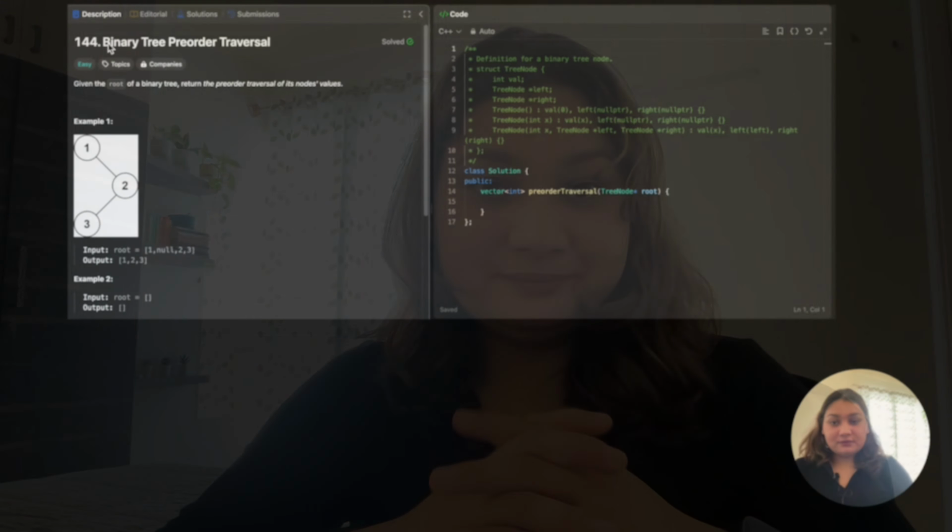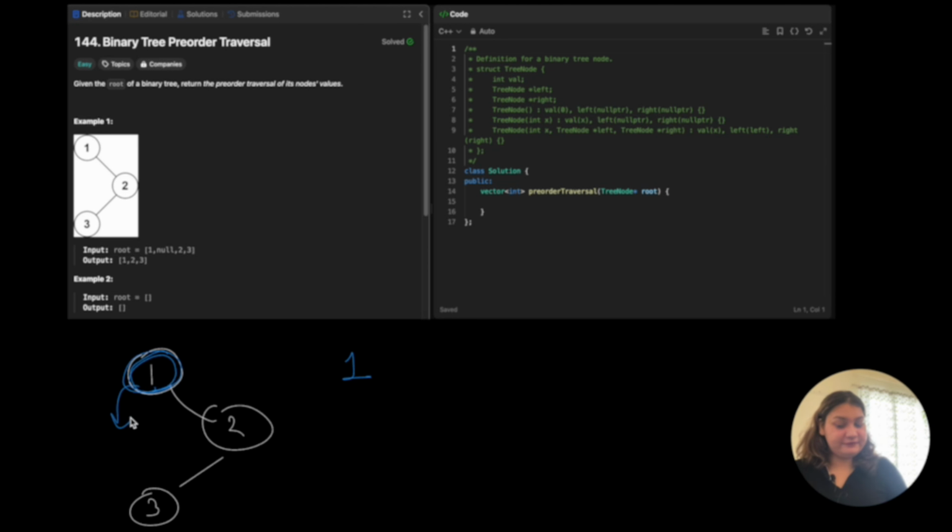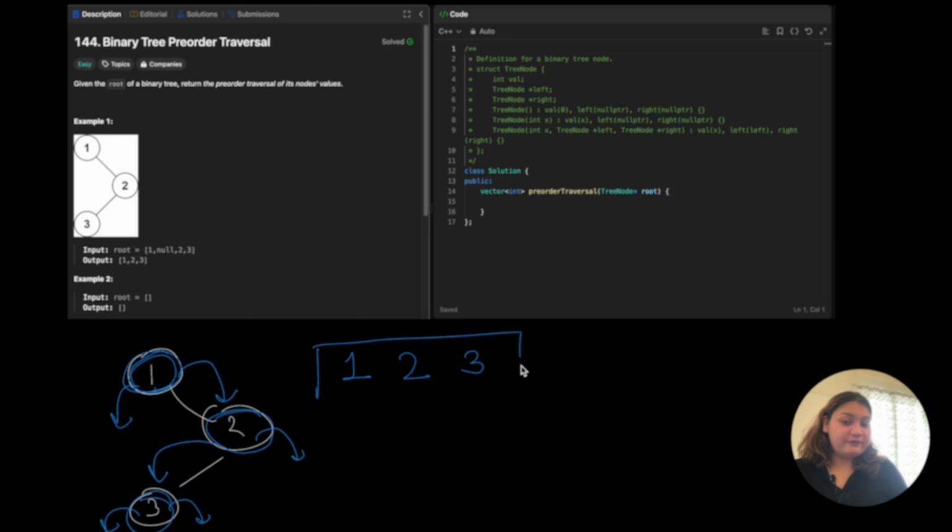So let's jump in. This is LeetCode's question, binary tree pre-order traversal. As we can see, there is a tree given to us, 1, 2 and 3, and the output would look like 1, 2, 3. How? Because we are doing pre-order traversal. That means we will be at this node, print its data and go to its left. Its left is not there, so we'll go to its right. At this node, first we print this node and then go to its left. Its left is not there. Similarly, right is not there. We'll come back. 2's right is not there. We'll come back to 1. At 1, everything is done. So after the whole traversal, the output looks like 1, 2, 3.